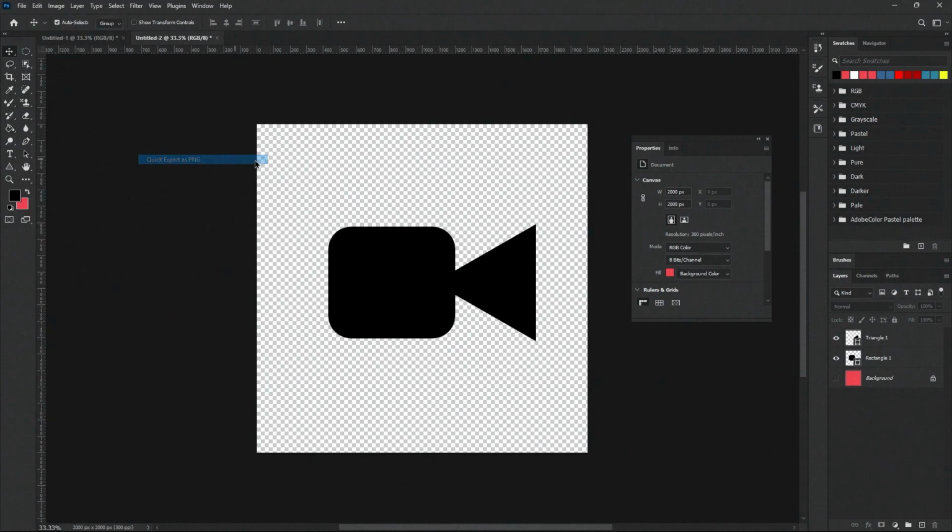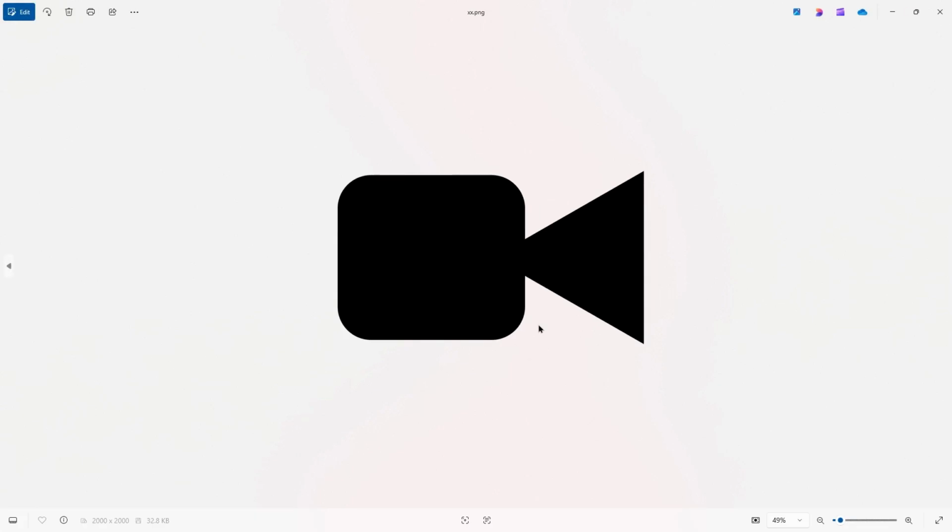It's just a very simple way to export a PNG, but you can also export the PNG through export as,